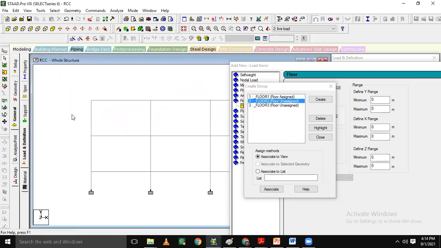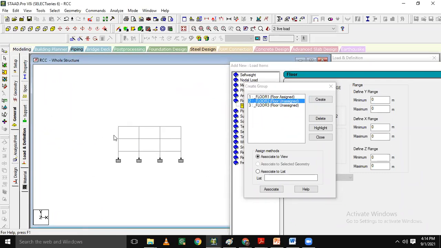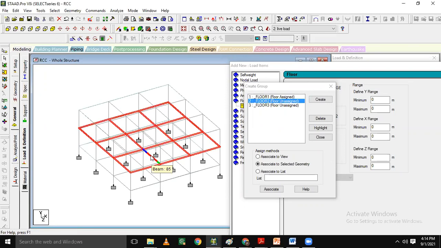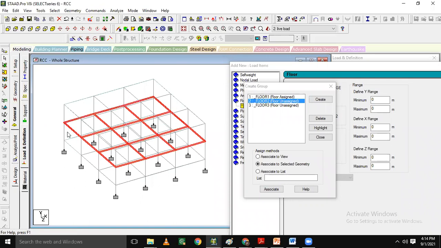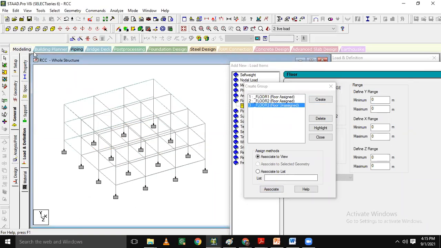Now select the second floor. Select the second floor. You can see it gets selected or not in the isometric view. It's selected. Click on associate and third,